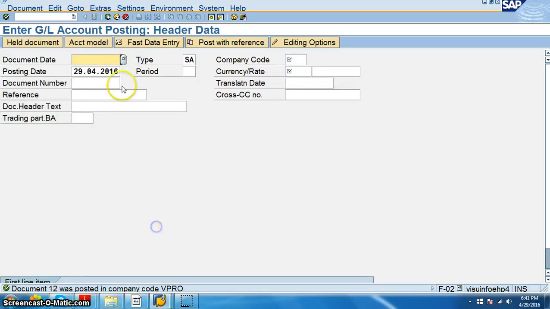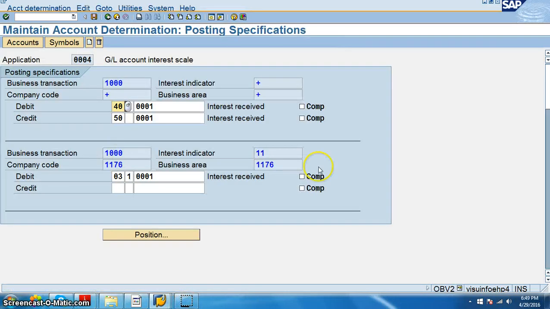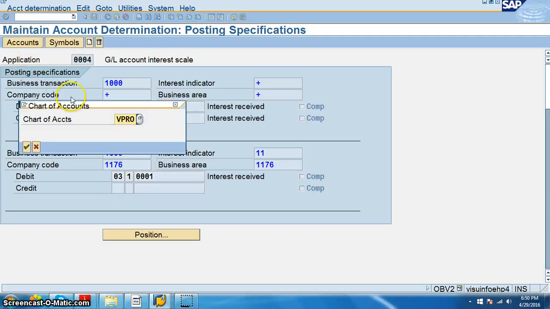So the document was posted. So enter GL account. This is F-02. We have the GL account. So in the OBV2 transaction, what exactly we have is we have done the accounts now.